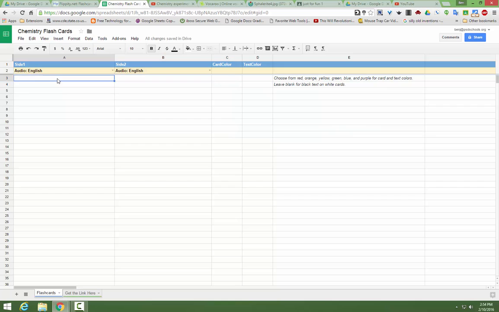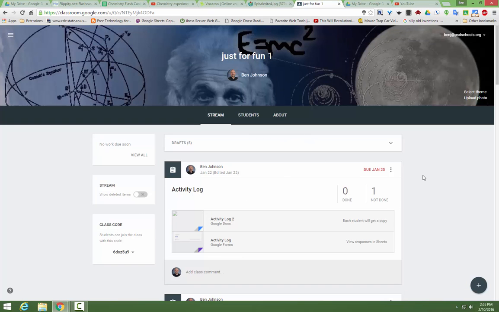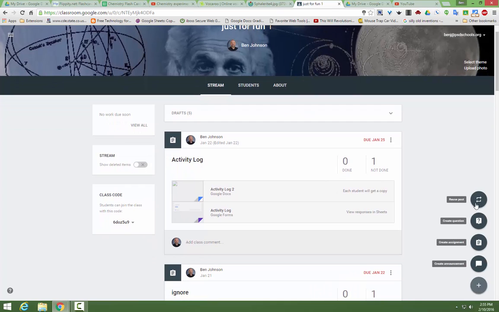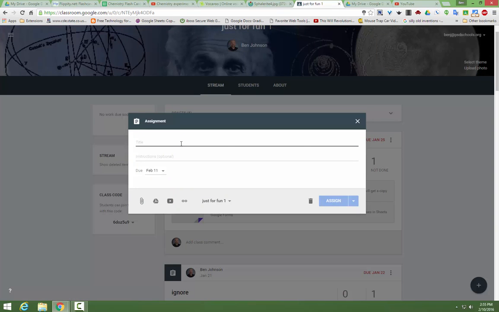All right, now the whole idea is that you want your class to be able to contribute to this flashcard project. So after you've got that and you've named it, then you can go ahead and go into your Google Classroom. What you want to do is add an assignment, and I'm just going to call it chemistry flashcards. You can put a due date on it,